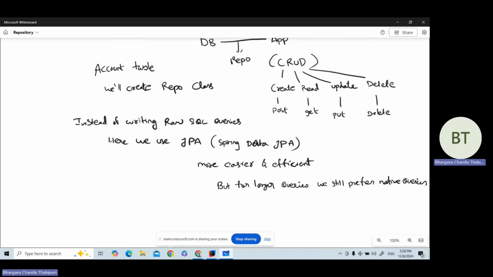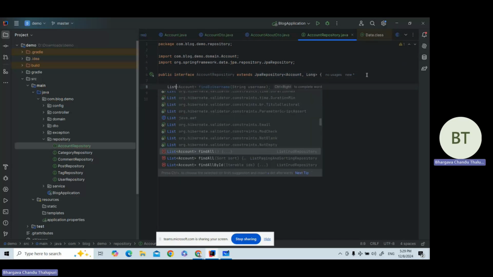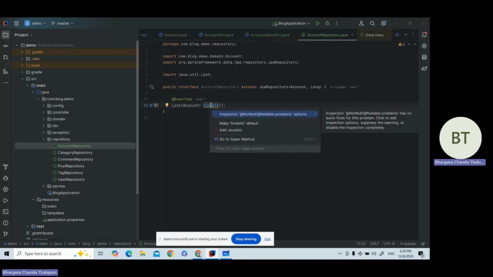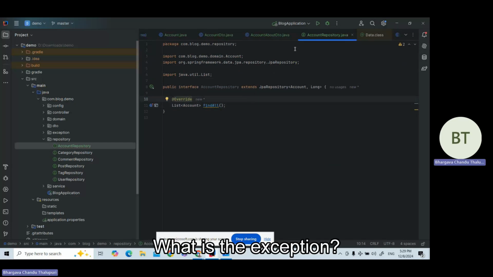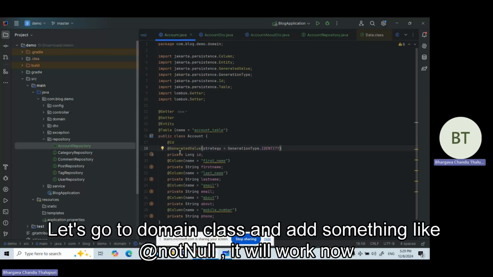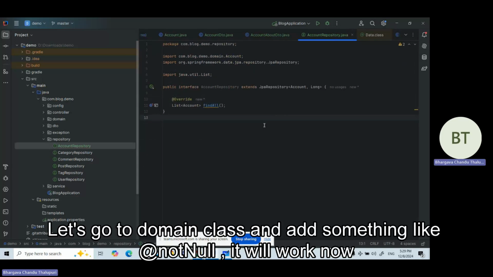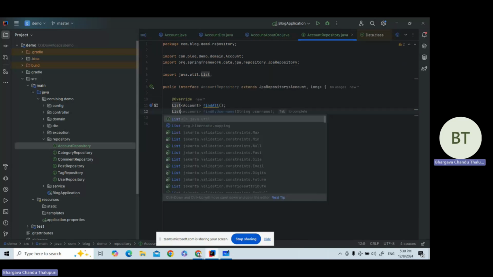Let's go and implement it. It extends JpaRepository<Account, Long>. Let's add something like List<Account> findAll. It's throwing an exception. What is the exception? Let's go here and add @NotNull, so it will work. And then let's add List<Account>